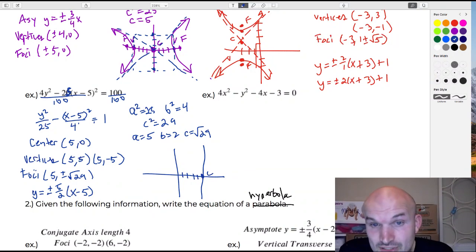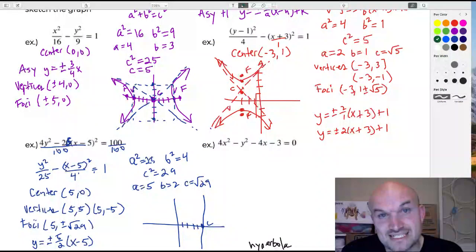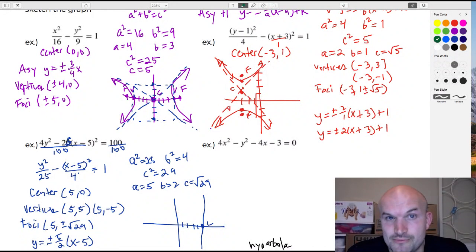All right, so the last example is in general form, which means we have to complete the square in this example. Since all of my equations here have the x's and the y's on the same side, that's exactly what I'm going to want to do. When we are identifying the center of your hyperbola, we have them in terms of what we call a binomial squared. So that's exactly what we want to create here. First I'm going to organize the x and y terms together. So I have a 4x squared minus 4x